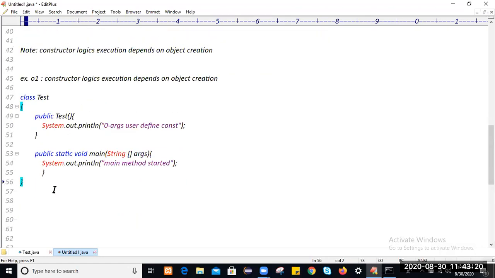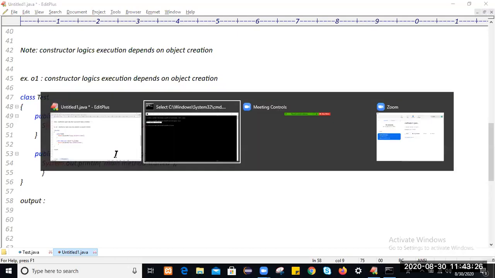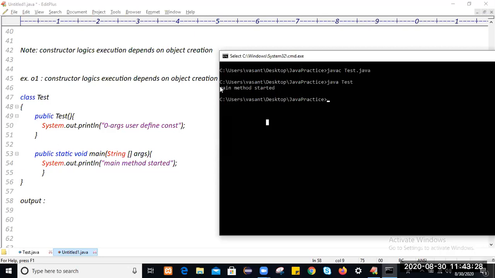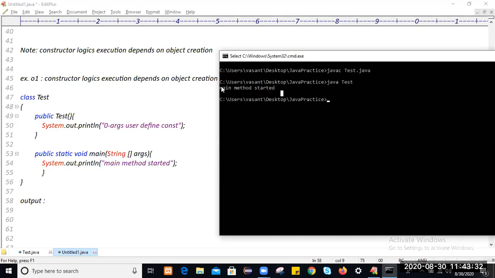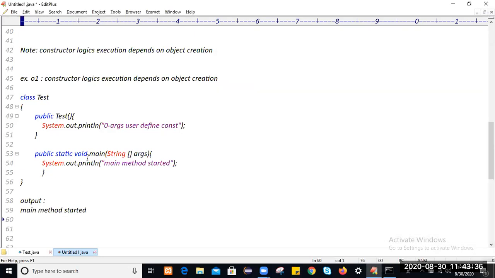What output are you getting here? The output we get is only "Main method started". This is the output when you compile and run this application. Am I clear?